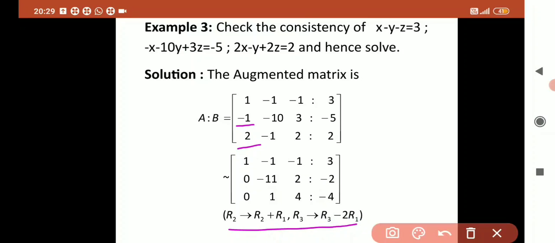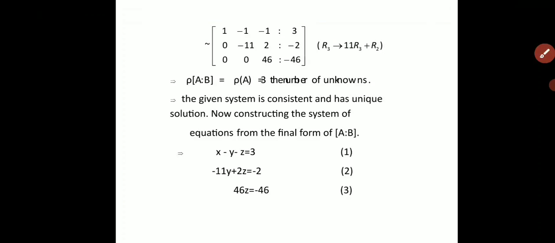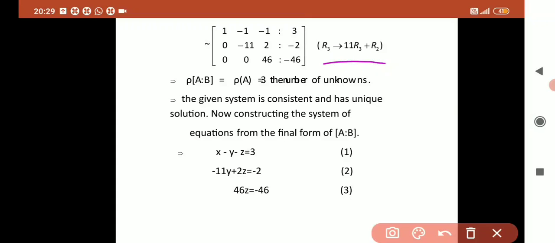R2 changes to R2 plus R1, because minus 1 plus 1 becomes 0, and R3 changes to R3 plus minus 2 times R1. After applying row operations, you will get this matrix. Next, we can apply R3 changes to 11 R3 plus R2, and you will get this matrix. So from this we can say the rank of